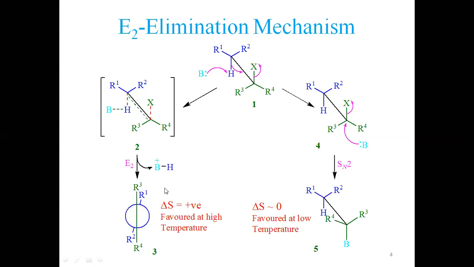So this molecule shall have higher entropy than the reactant. But the reactant is the same for both reactions. So when we are calculating the entropy change, you see one X is replaced by base, there shall be a very minute change in entropy. So delta S shall be approximately zero, not making a big change. If you are comparing the entropy of reactant versus product, it shall not be a big difference. So it is approximately zero.